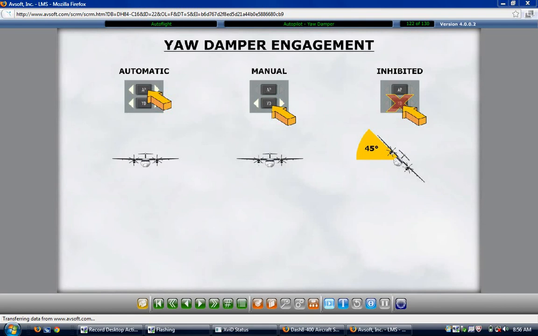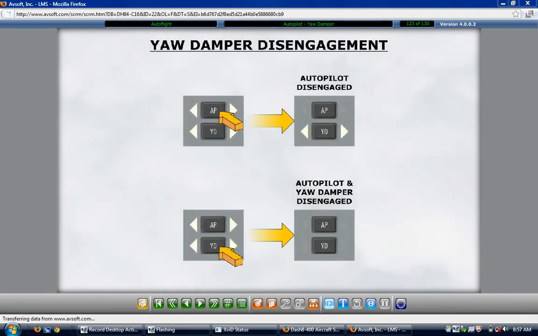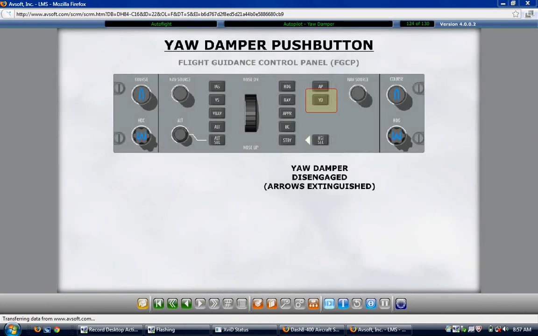Press the yaw damper push button to continue. Yaw damper engagement is indicated by 2 illuminated arrows on either side of the yaw damper push button. These 2 arrows are extinguished when the yaw damper is disengaged. Automatic yaw damper disengagement is indicated by a flashing amber yaw damper disengage or autopilot yaw damper disengage message on the primary flight display. The primary flight display message flashes until acknowledged by the flight crew, then remains steady for 5 seconds. The flight crew acknowledges the yaw damper disengagement primary flight display message by using the autopilot disengage switches